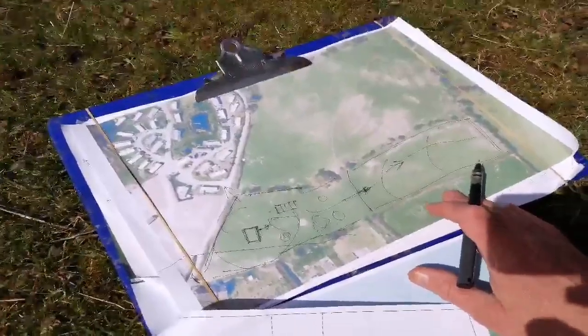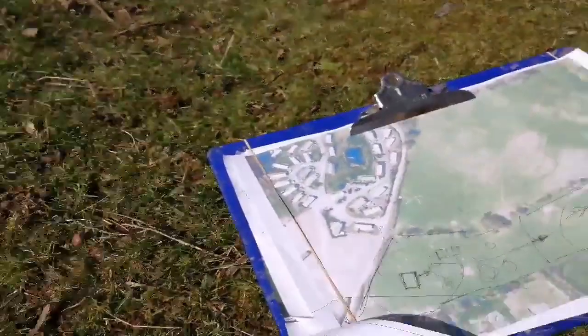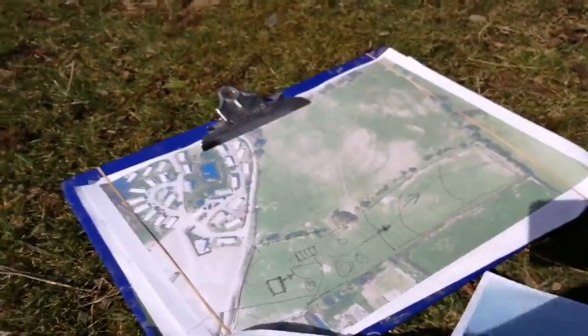So that's kind of handy, and you can just take a screenshot of a satellite plan if it's a large piece of land like this. This is actually quite a big old chunk of land. And let me see how big the land is. I think it's about,